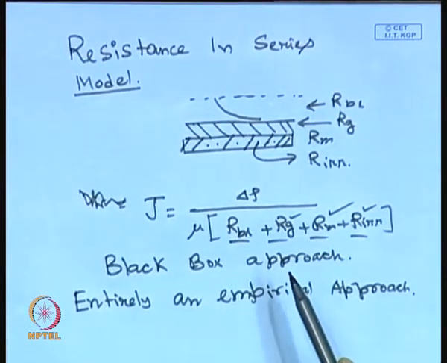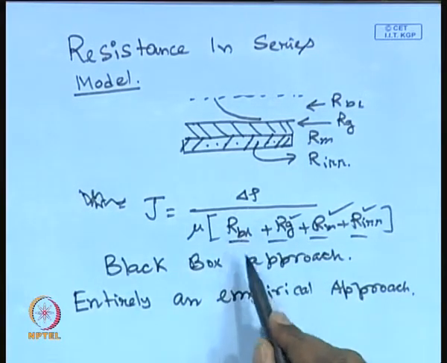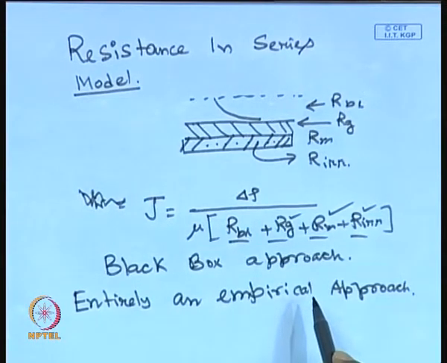These models are sometimes very useful or handy when we are going to test or model a situation when we are using an industrial effluent. An industrial effluent contains lots of components, there may be hundreds of components with various values of thermochemical-physical properties, and it will be very difficult even to analyze those samples, compound wise, and to get the exact variation of all the properties. So therefore, you cannot do anything. You cannot have a value of diffusivity, you cannot have a value of viscosity, you cannot estimate the value of density properly. So therefore, in that case, this black box approach becomes very handy, and one can do some small experiments